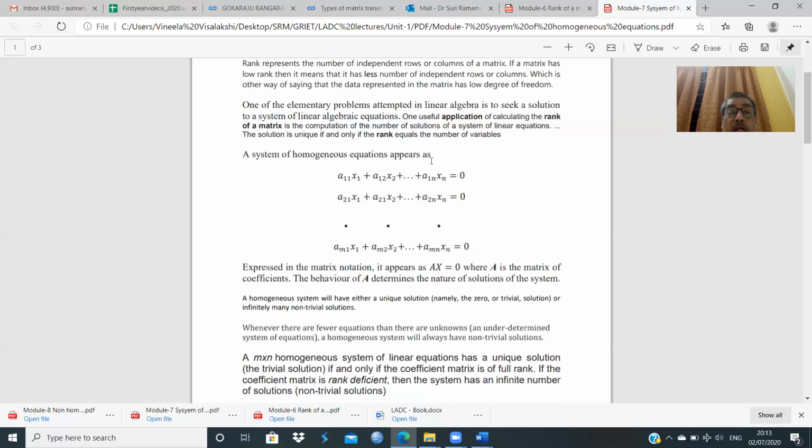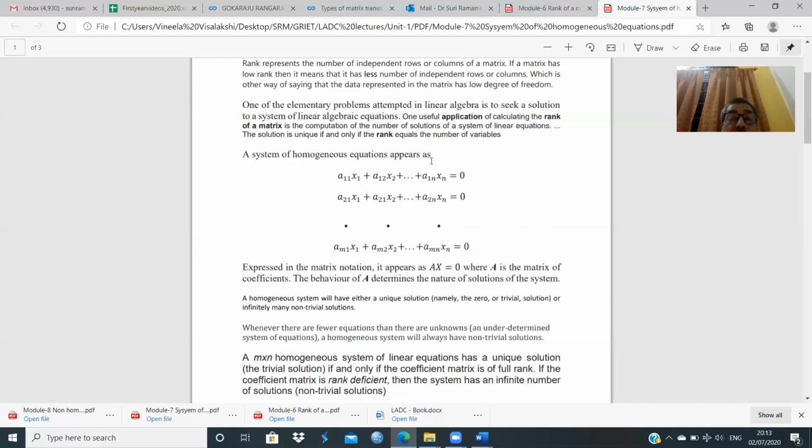The advantage with an underdetermined system of equations is that it will always have solutions, and specifically the number of solutions will be infinite. Whereas when we have a system where m is equal to n, there is no guarantee that we will be able to get a solution. The same thing may happen whenever we have more rows than columns. There is a possibility of getting a solution, but there is also an equal probability of having no solution. Anyway, all these things will come out once we decide the procedure to find a way out.